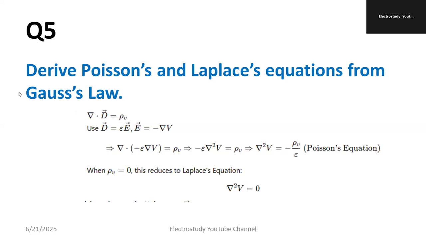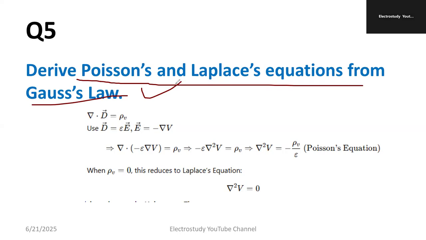Another one is a 10 marks question: derive Poisson's and Laplace equations from Gauss law. It is very, very important. I have seen so many university question papers, regardless of university, not only VTU, other exams also. So you have to follow the steps. Del dot D is equal to rho V. Then use D written as epsilon into field strength E. Now E again you can modify as